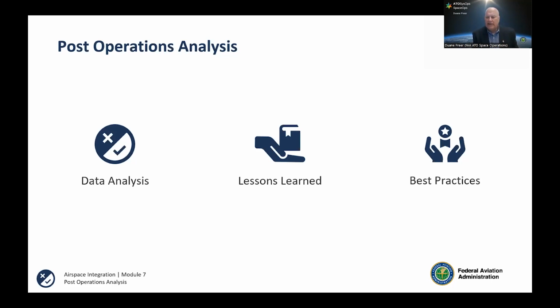Notionally, it depends on the type of debris, but if we have an anomaly at a higher altitude, we'll have 5 to 8 minutes to react to that and to evacuate that airspace. We've done human in the loop trials on that. We've engaged with air traffic controllers and had them react to that. And we feel confident that we'll be able to react to that anomaly and both evacuate the airspace and keep aircraft out.